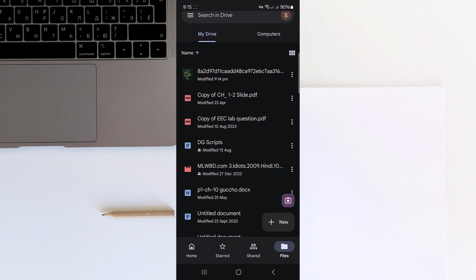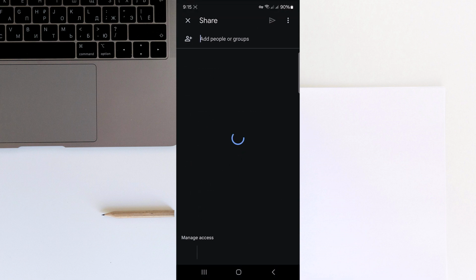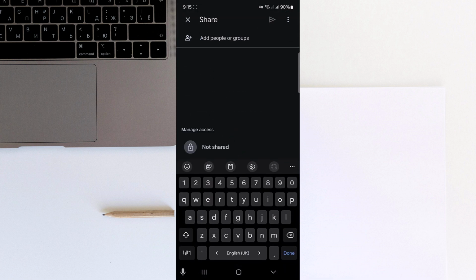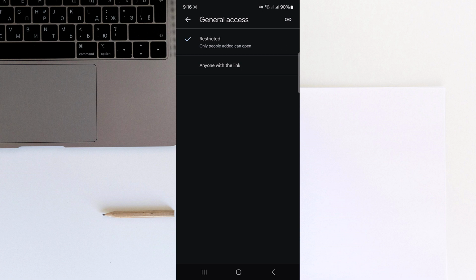drive. And all I need to do is click on the three dots icon and here go to share. And here you can see a manage access option. Click on that and here change the general access from restricted to anyone with the link